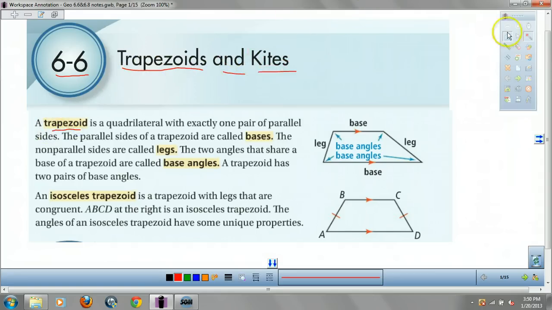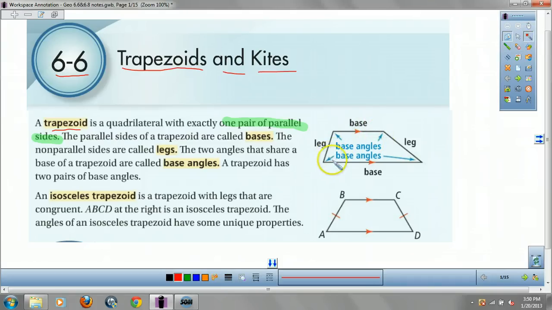That's a good question. A trapezoid is a quadrilateral with one pair of parallel sides, not two. So you have two lines parallel, these sides are not, okay? Now, the